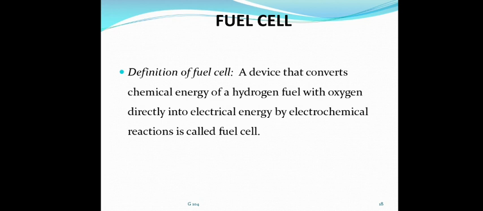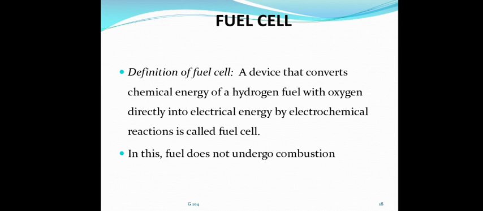So a fuel cell is a device that converts chemical energy of a fuel into electrical energy by an electrochemical reaction, that is redox reaction. In this, the fuel does not undergo combustion. Generally, how do fuels give energy? By combustion, that is by burning in the presence of oxygen. But that is not happening here. What is happening here? Oxidation and reduction are taking place, due to which it is producing